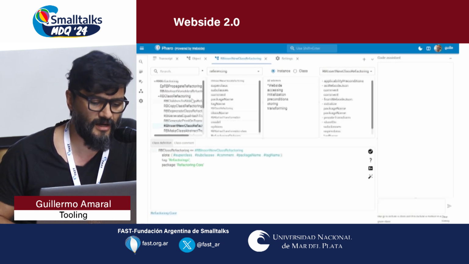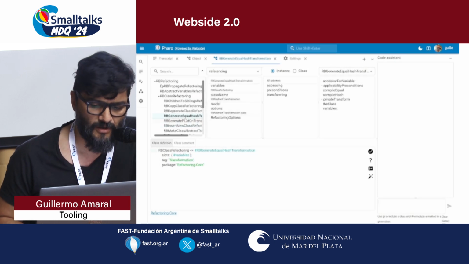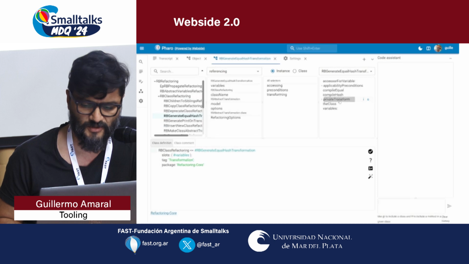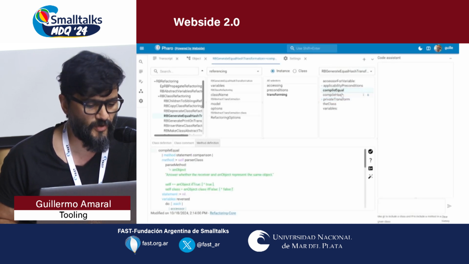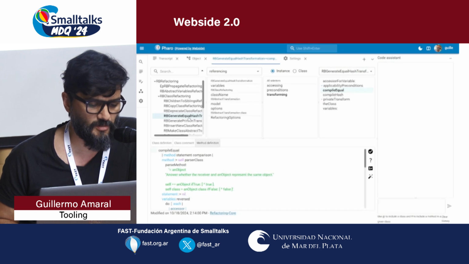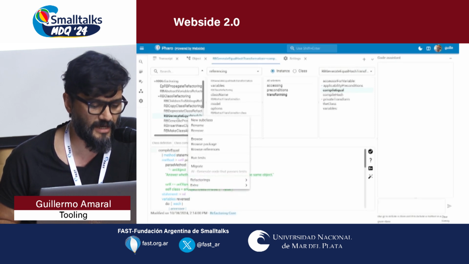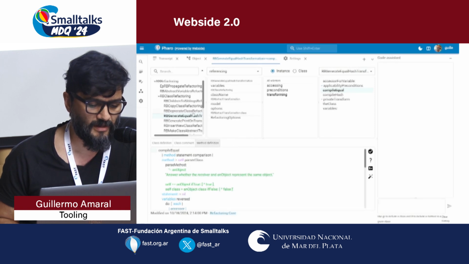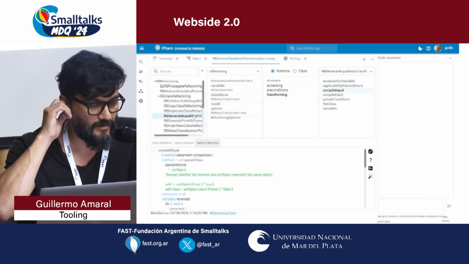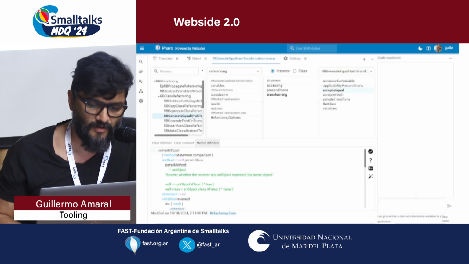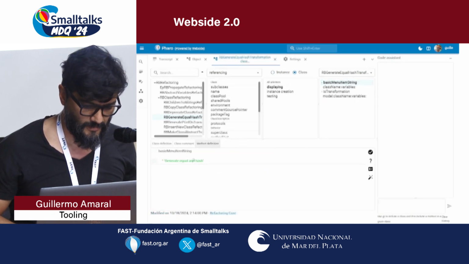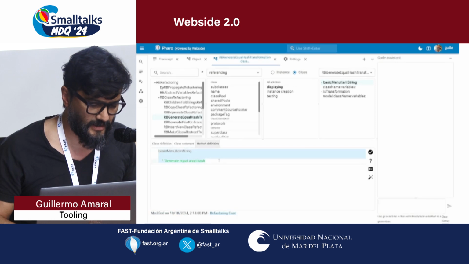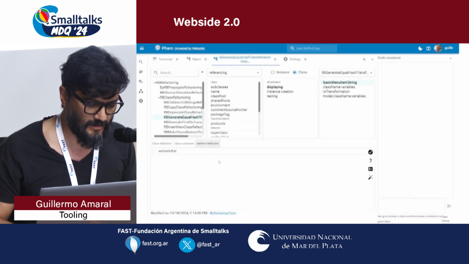Maybe this one. This option in Faro generates equal and hash methods based on the variables of the class. So in order to bring this option, which is not available, this refactoring applies on a class. So in order to make this appear through the API and bring it to the IDE, there is a hook method, website extension on the class side.